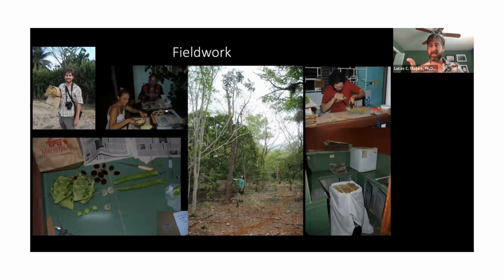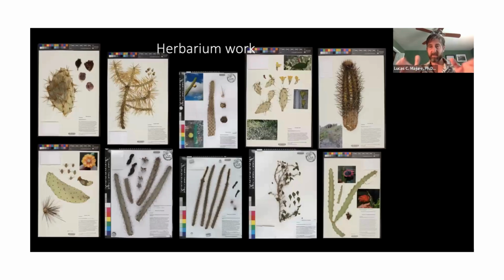The importance of that is just making sure that we make our science repeatable. So if Mitch says, I don't know if you actually sampled Melocactus, I can tell him, well, go look at the specimen and see for yourself. It's a really good way of making our science repeatable. These are some examples of the herbarium specimens that we make. I'm the curator of the University of Florida Herbarium, and this is a very small example, but these are the specimens that really form the backbone of any of our research programs.